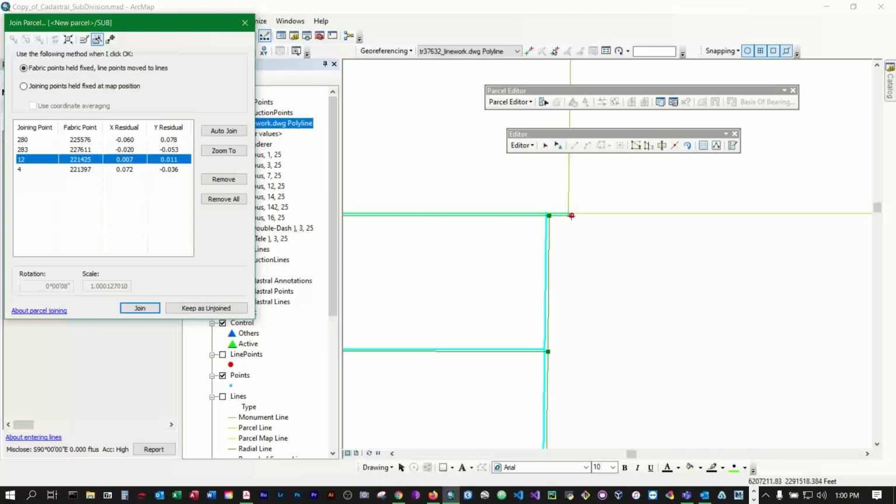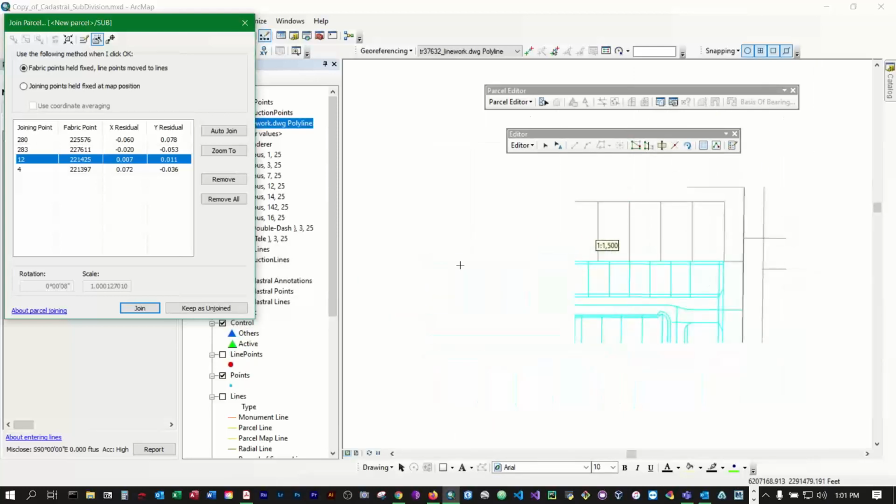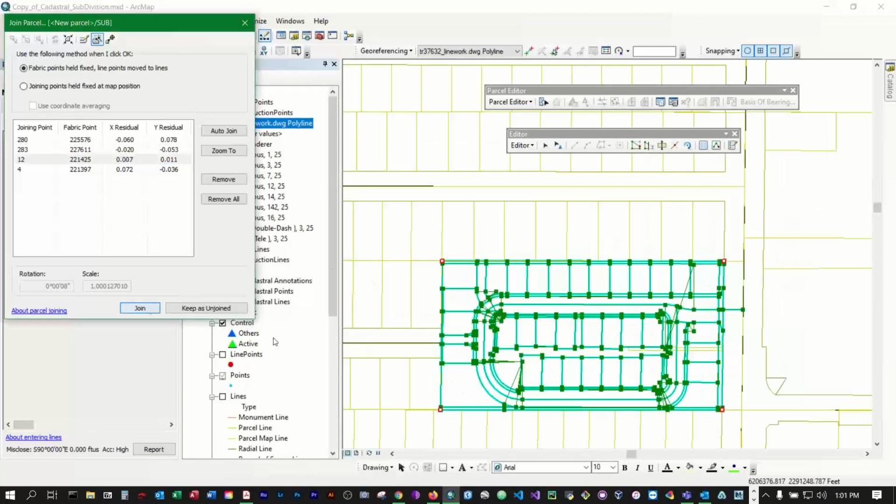That line projects out to the southeast corner of that northerly parcel. Okay, perfect. So it's supposed to line up there. That's how that's supposed to look. It looks correct. Okay, I was just making sure. I didn't want to go ahead and join. But once we join, then